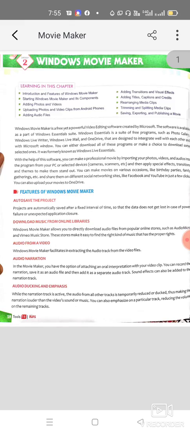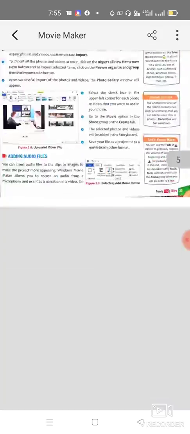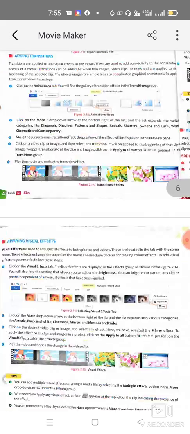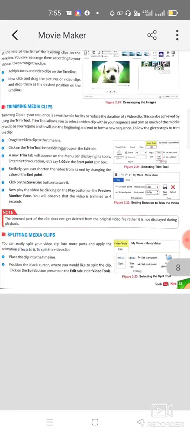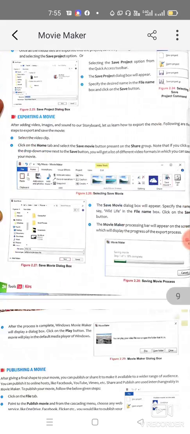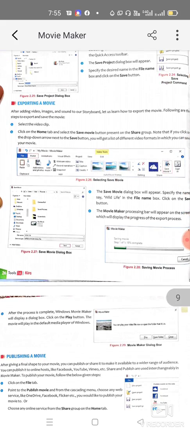Next topic is how to export your video clip. Why do we need to export that file? Because as you save your media clip in Movie Maker, it is saved with its default extension.